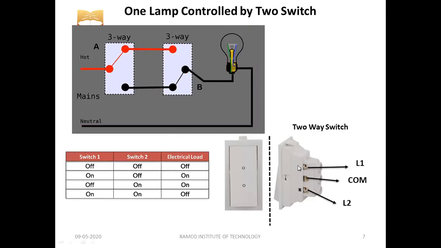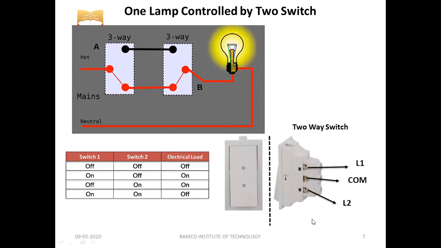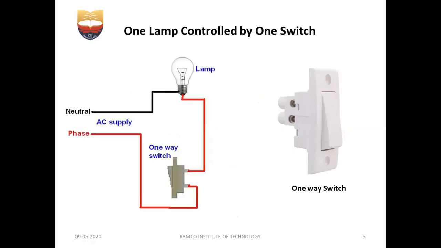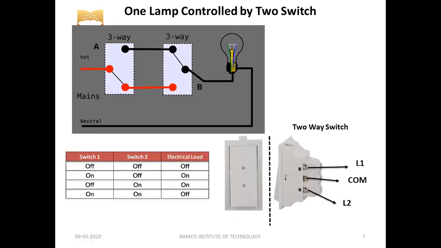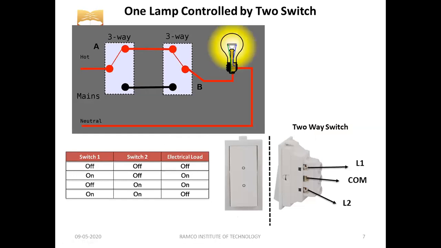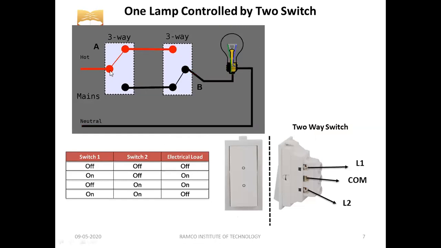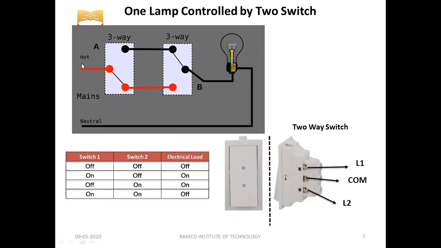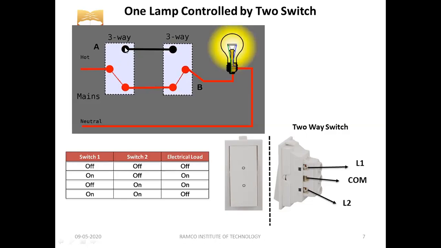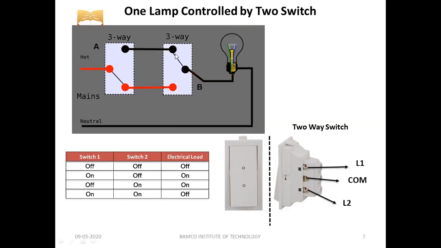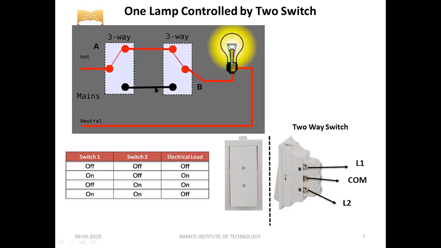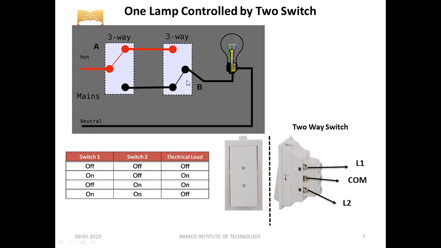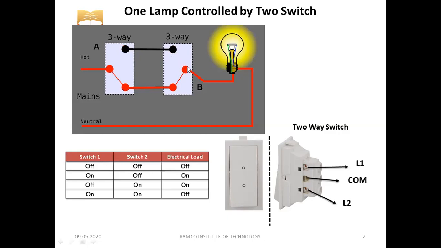The two-way switch at the back side has three terminals, but in a one-way switch, look at the previous slide, we have only two terminals. In a two-way switch we have three terminals, right? There is a common terminal, connected to the phase, that means it is represented as hot. Then the top terminals of both switches are connected together. Similarly the bottom terminals are also linked. Then the second switch's common terminal is connected to your lamp.